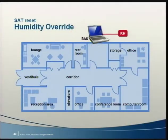At part load, high humidity levels can become a concern in some zones regardless of climate. VAV systems don't need to be in New Orleans to have high humidity in some zones. Remember, when supply airflow drops in zones with low sensible heat ratios, relative humidity can rise considerably. To avoid high humidity in these zones, consider disabling supply temperature reset, either when it's very humid outdoors, like on a cool rainy day, or when the humidity in any of these zones exceeds a high limit,